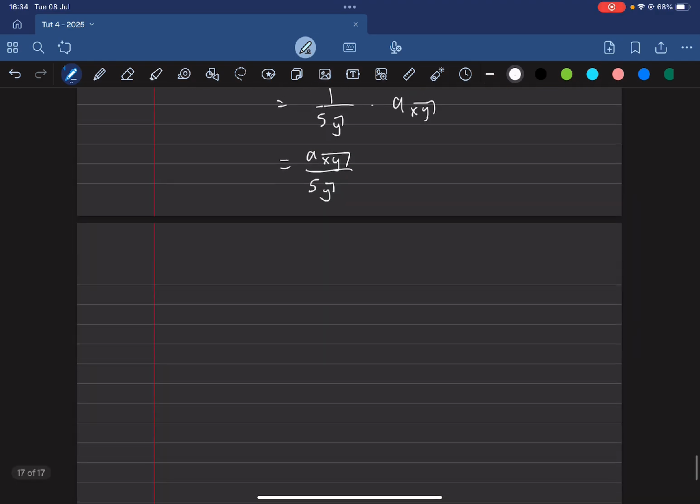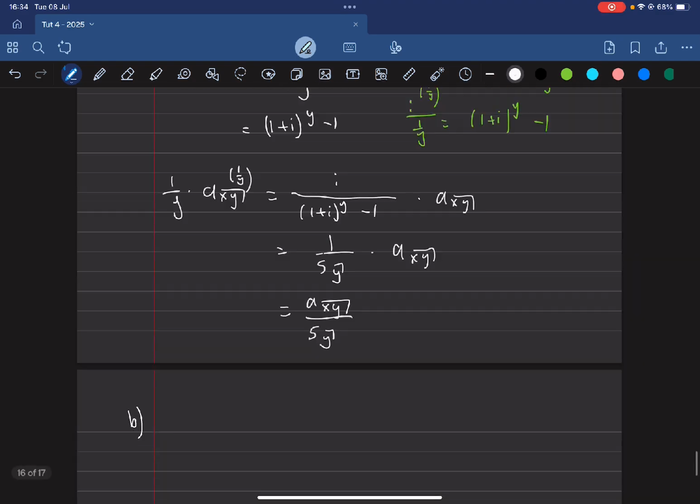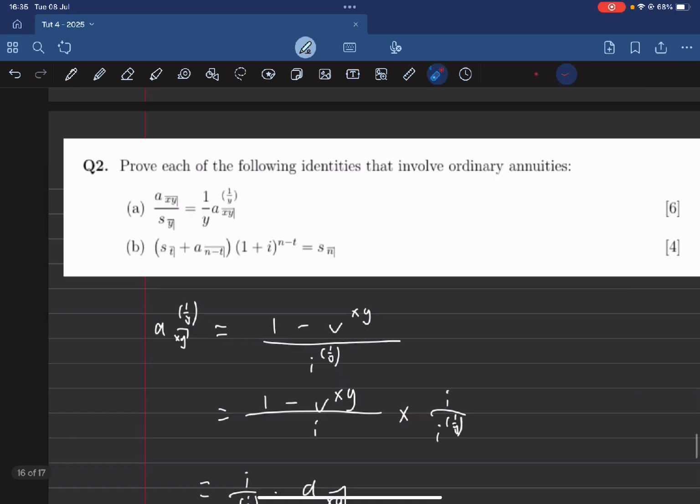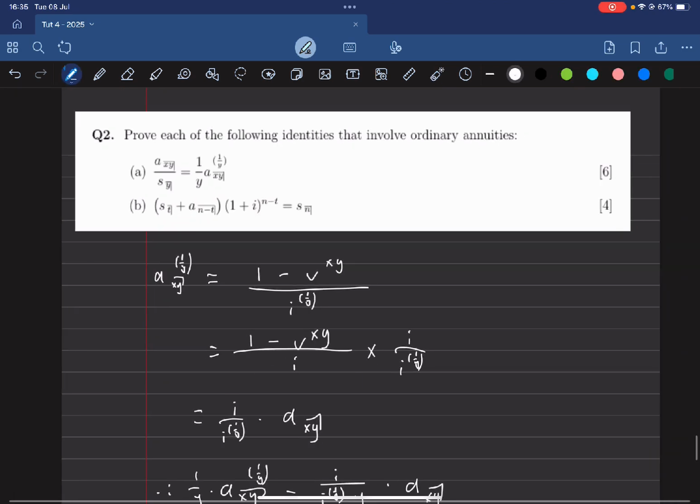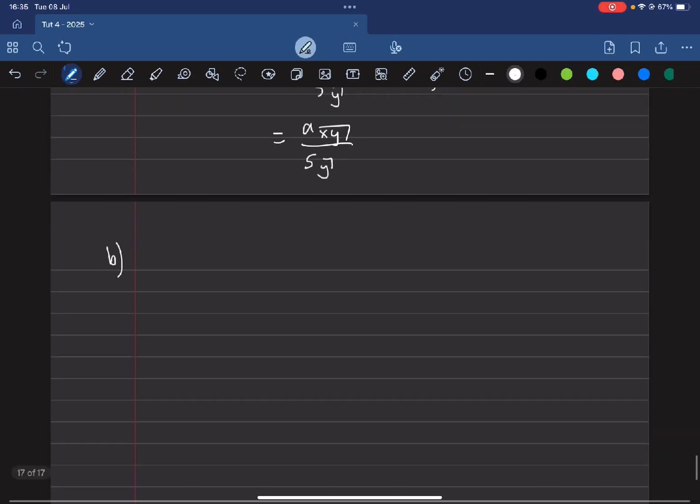Now let's have a look at B. So B says that we're trying to show that a future value annuity for t periods plus a present value annuity for n minus t periods, all multiplied by 1 plus i to the power of n minus t, is equal to a future value annuity for n periods. Okay, so I think the best thing to do would be to just expand these and then multiply in and then see what happens. Okay, so we have,